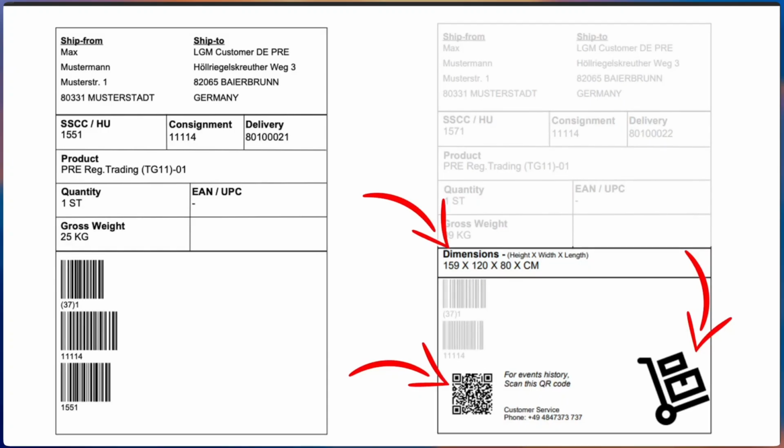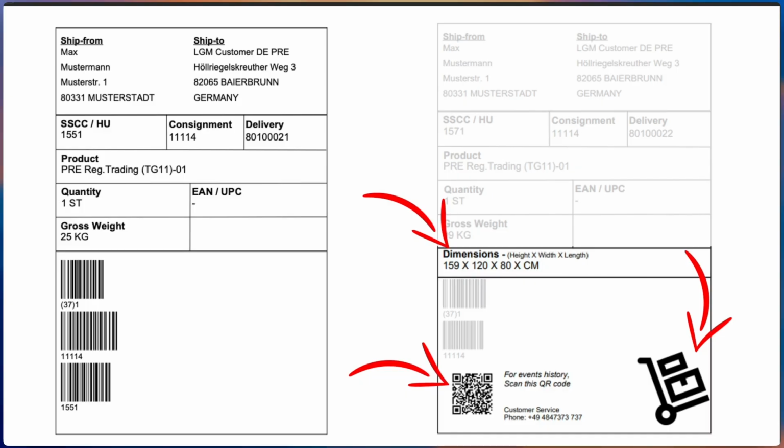Hello and welcome back. In today's recording, we will be doing a deep dive into the customization of print forms in SAP Logistics Management. To be more specific, we will be looking at how we can customize a label that we are going to affix on a parcel or shipment that we are going to be dispatching to one of